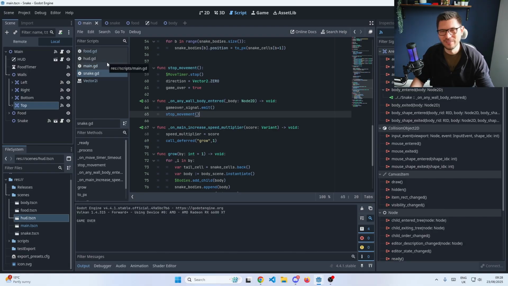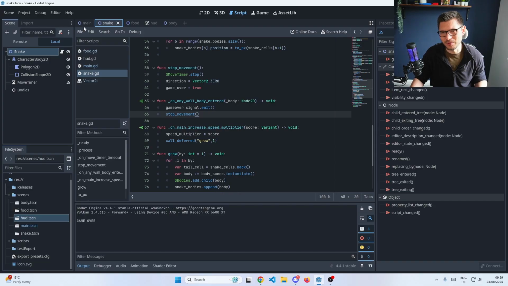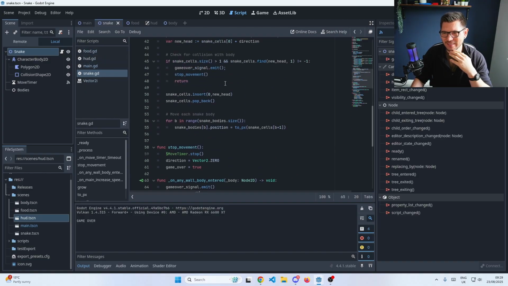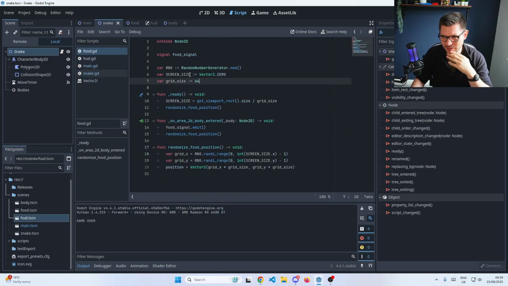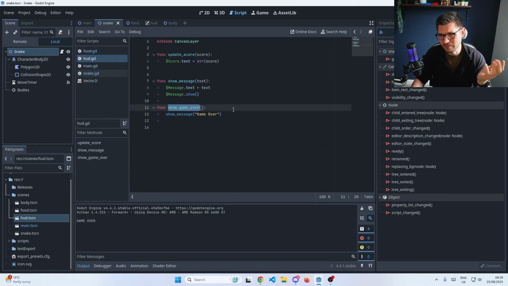Really good. Then honestly, it's really rewarding seeing things come together. I had a snake that was not hitting walls. Now it's hitting walls and dying and emitting signals. And it's really cool, building scenes and keeping logic within parts of the scenes. I keep doing that where I click the tab thinking the script will change and it doesn't. That does my head in. But yeah, the snake movement, and I've got the food scene, and I've got HUD where I update messages and the scores. So it's really cool. It is coming together.